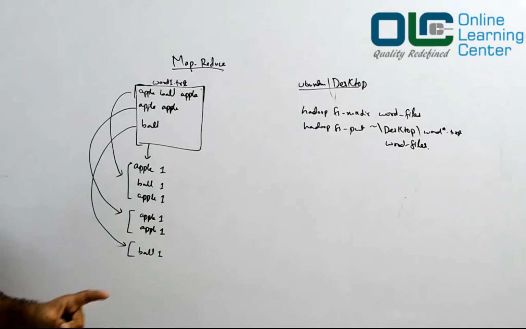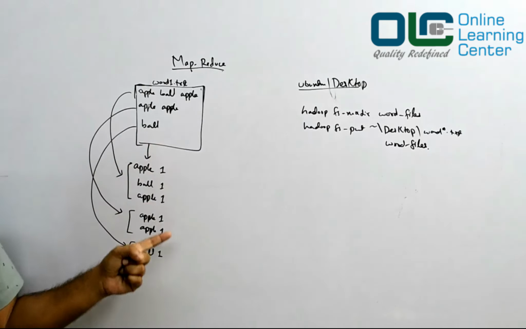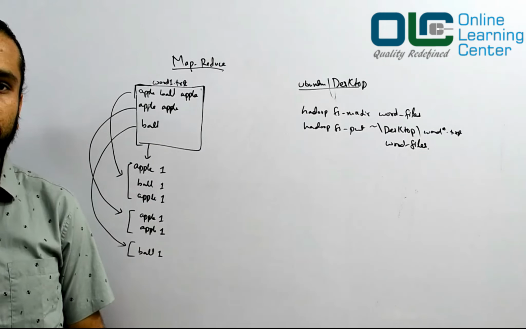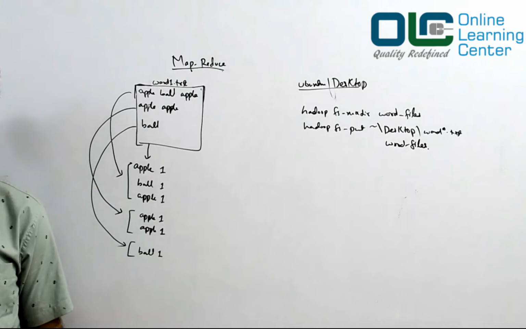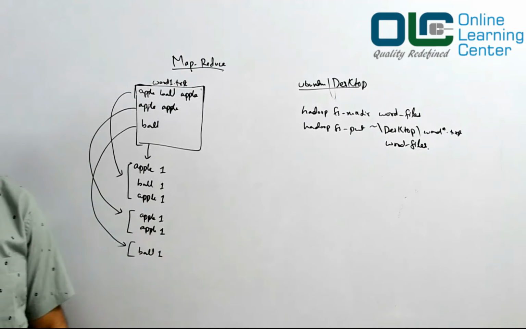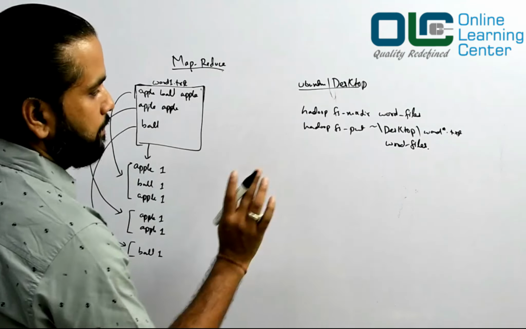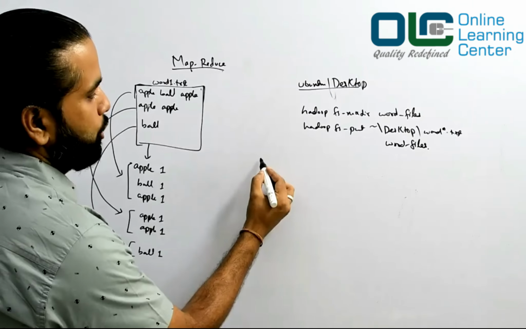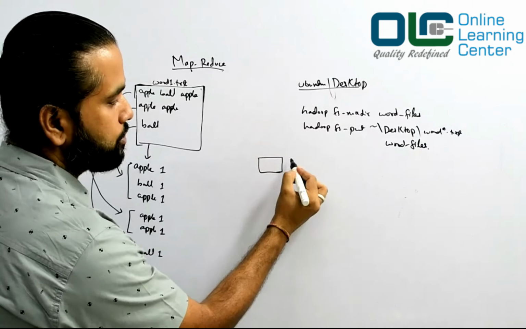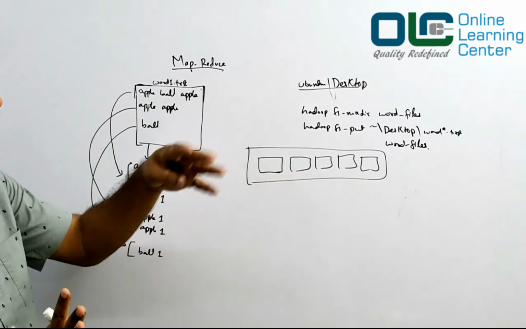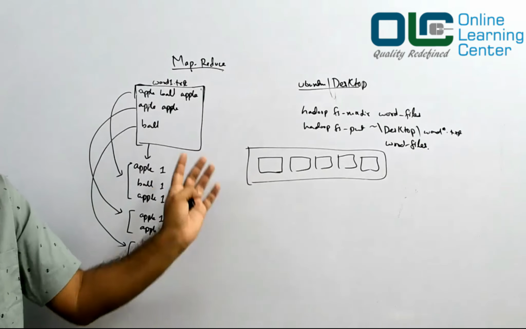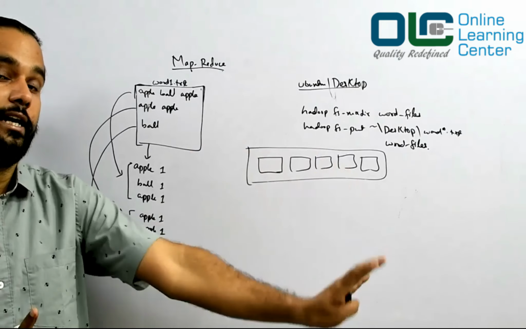Okay, done. Now once your mapper code has executed, all this output has to be mixed together. Why does it have to be mixed together? Let us understand. In a typical real world, you will have a lot of nodes: 1, 2, 3, 4, 5. Let's say this is a 5-node machine, and I'm not talking about the masters. When I say 5 node, I'm talking about the slave nodes. These are all data nodes.